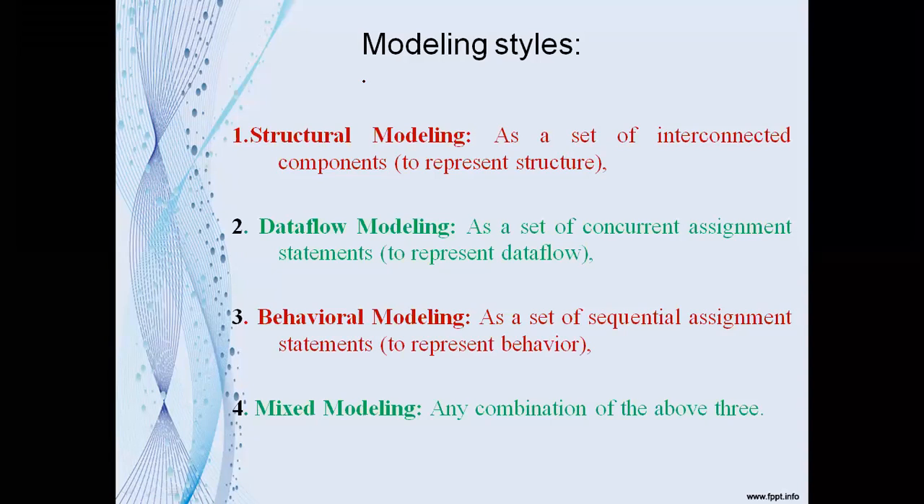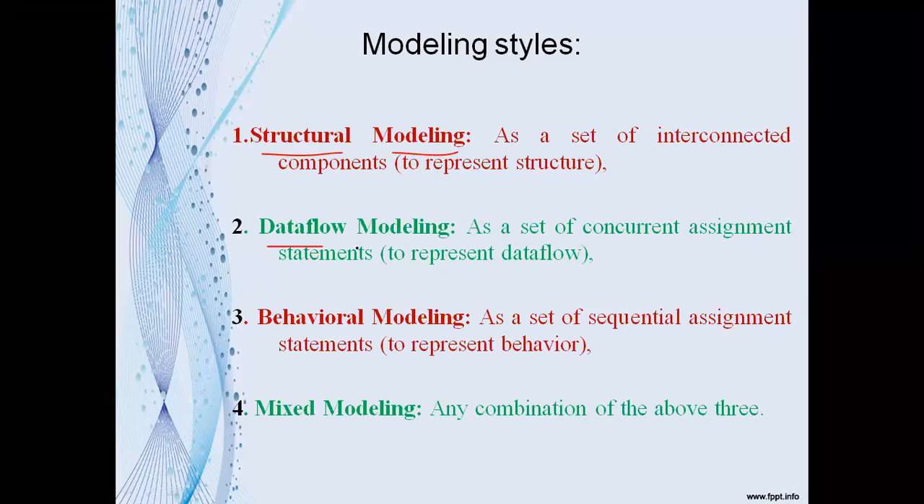So that is the third unit, fourth, fifth and sixth. All these depend only on the modeling styles, or the levels of abstraction. A digital system can be designed in VHDL at 3 different styles or at 3 different levels. So they are the structural modeling,